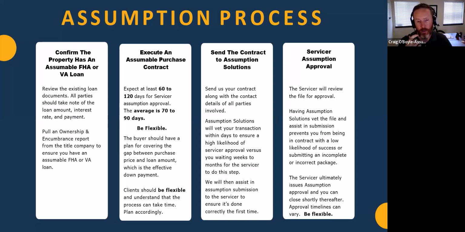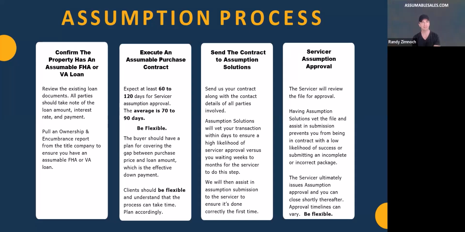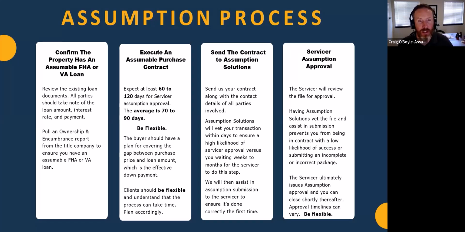because let's say a servicer is hitting that 45, 60 days consistently. All of a sudden they get 1,000 new files in and they lose 2 staff members. People change jobs, they can get backed up. Once again, the key is be flexible. If you talk to us, we can probably tell you what we're seeing as the average for a particular servicer, but we would never guarantee it. These things can happen. One of the servicers who is consistently at 60, we started seeing them get a little backed up, and next thing we know, there was a 70-day deal with them.